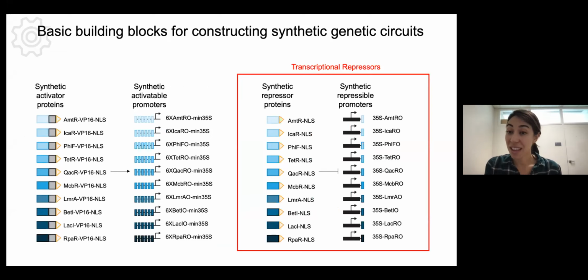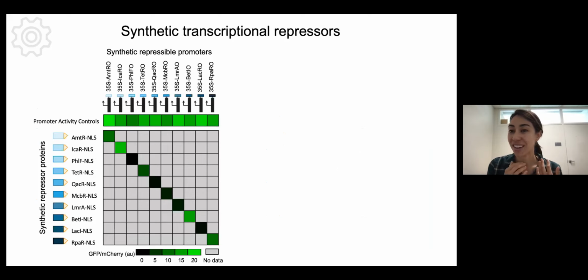Okay, so we can do the same thing with synthetic repressors, using that assay to look for their activity in plants. We can see that there are some synthetic repressors that function very well. Sorry, this is a similar graph to what I showed on the previous slides, but here we're only looking at the activity of these synthetic repressible promoters in the absence of a repressor. That's this control line along the top. And then the ability of the repressor to repress that promoter. We're not looking at the off-target effects because we assume that the off-target effects for the repressors will be the same as for the activators